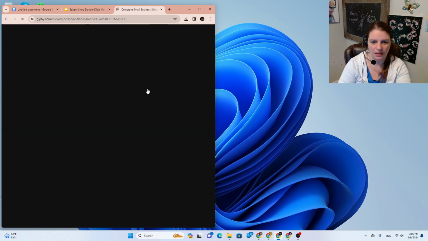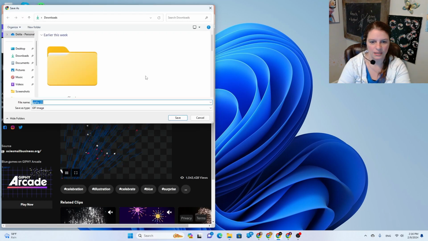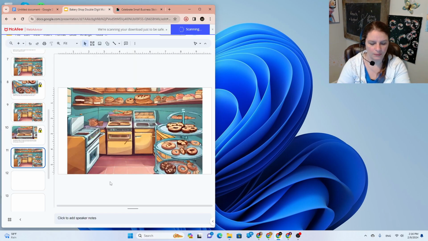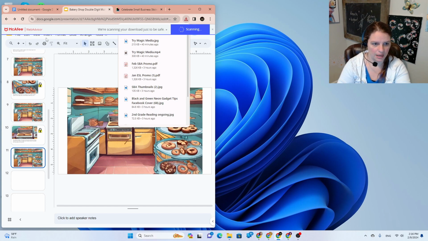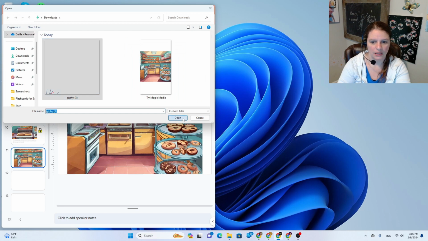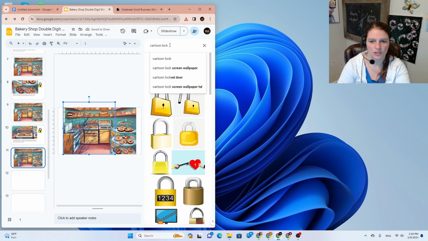So I'm going to grab this, right click on it, save it as an image. Okay. Then we're going to go over here and we're going to insert that image, insert an image uploaded from the computer. There it is. Okay, so we're going to put that there. And then I'm going to make it big. And then what I'm going to do is insert an image. I'm going to search the web for a